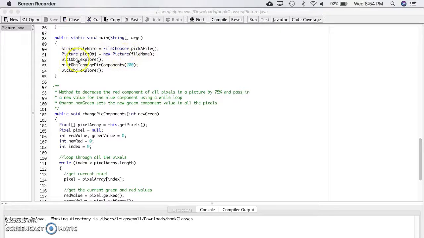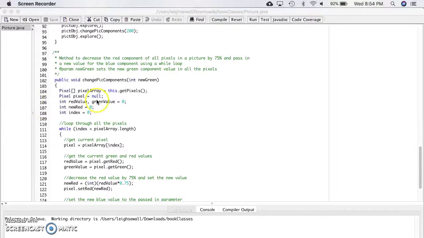We're then going to explore the object so we have an image that we can view and look at the pixels. Next line of code says picture object changePickComponents with the parameter of 200. So this means that the computer is now going to go and look for a method with the same name as changePickComponents, which we have down here. So here is the method header for that